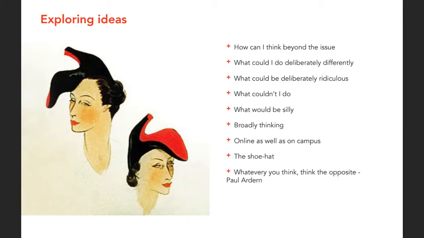And think beyond the issue of what you're looking at, and how could you do things deliberately differently. What would be ridiculous? That's really great to think about. It's okay if you think about them and discard them, but it's really good to get them out. What couldn't you do? What is something that you absolutely couldn't do, and what would be silly? Really try to broadly think about how things can be fully explored with all these different tasks,